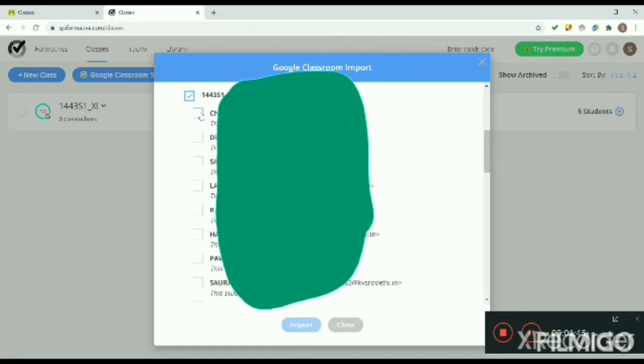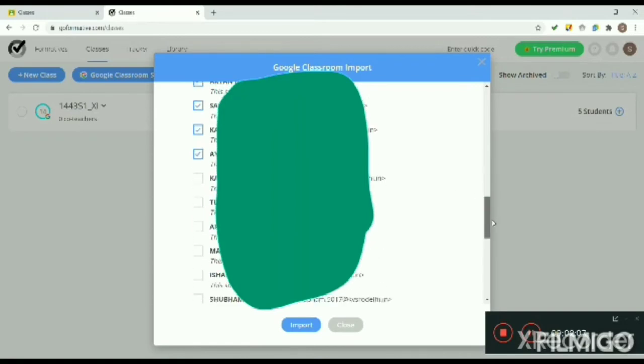Now you have to tick on each and every student one by one and they will be added to your Go Formative. So select all the students as we want all the students in Go Formative.